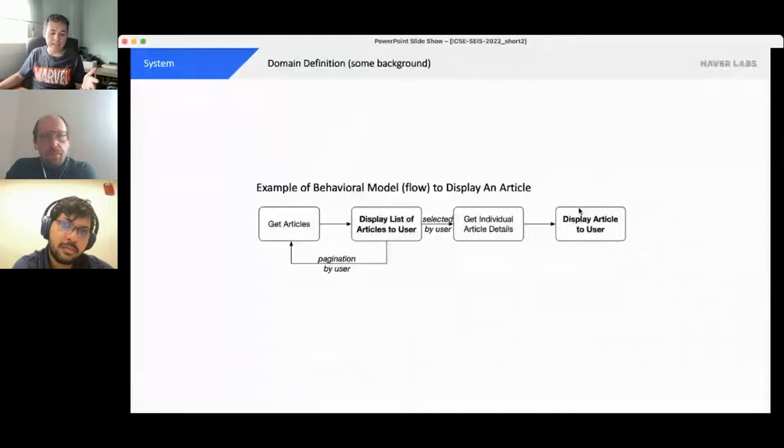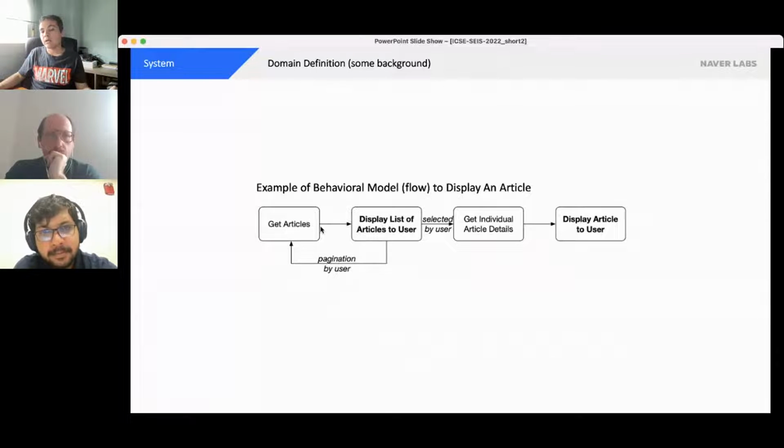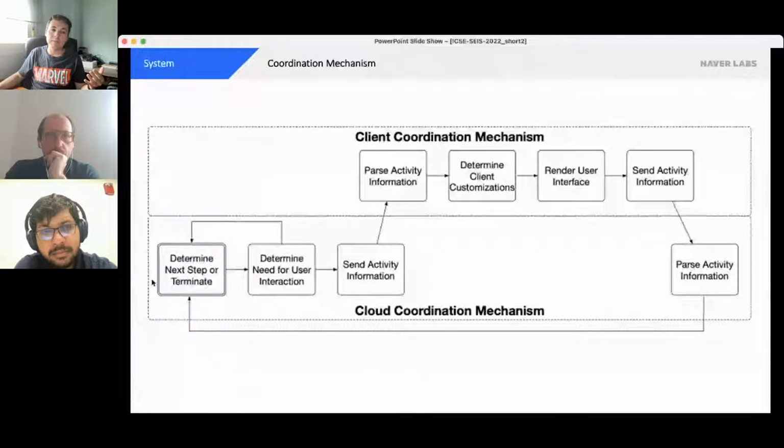Here we can see an example of a behavioral model. The boxes represent activities that come from a large library of activities that the non-technical user can use, and the arrows represent transitions. Our coordination mechanism keeps executing these behavioral models always in the cloud up to the time that it determines that there is a needed user interaction.